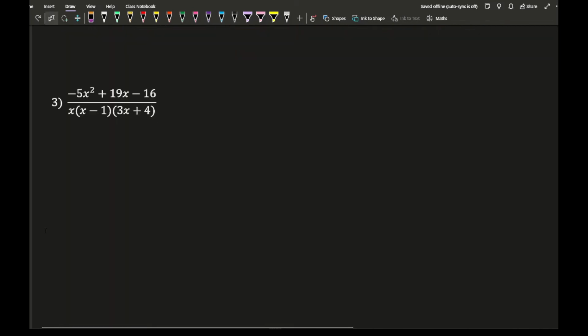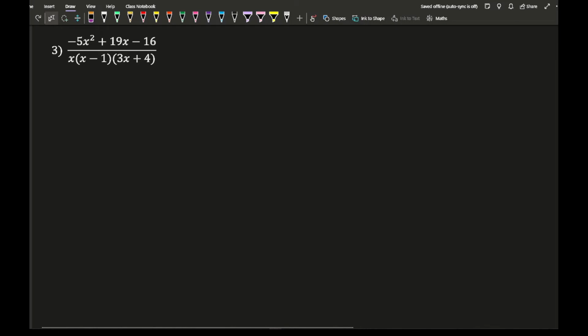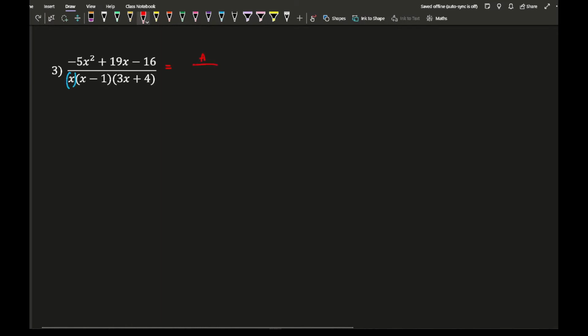So let's look at our third example. With our third example here, you can see that although I've got 3 brackets, this counts as 1. So what this is going to be equal to is a over x plus b over x minus 1 plus c over 3x plus 4. So moving the denominator over to the other side,